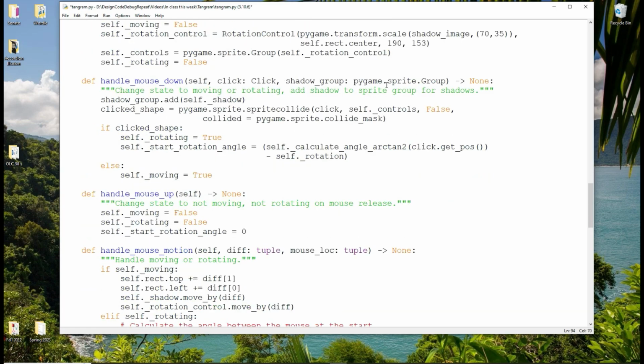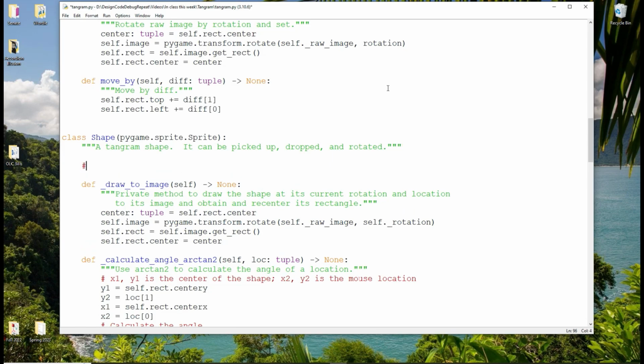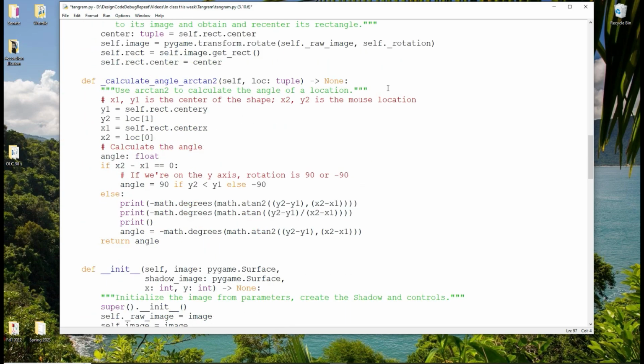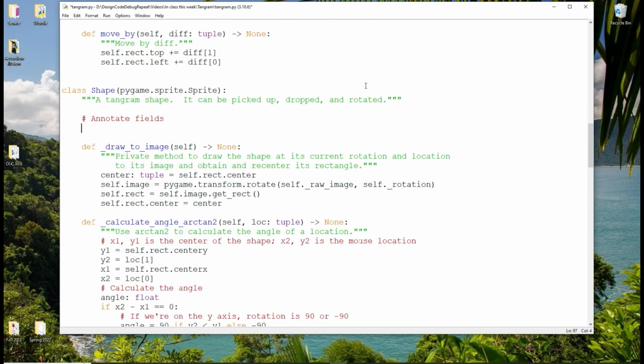Do I have no annotated fields here? Oh, this is pulling. How did that happen? Okay. There's a lot of fields to annotate. Wow, I have none of them. Okay, well, we'll just annotate some fields, some constants. Okay, so let's call it,